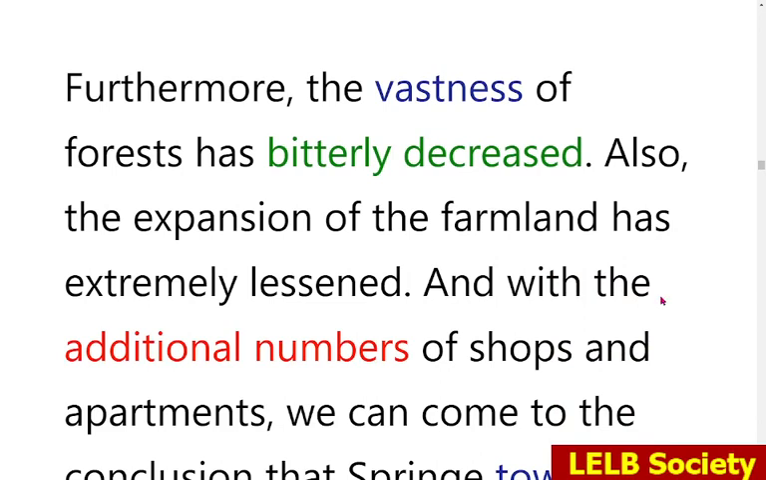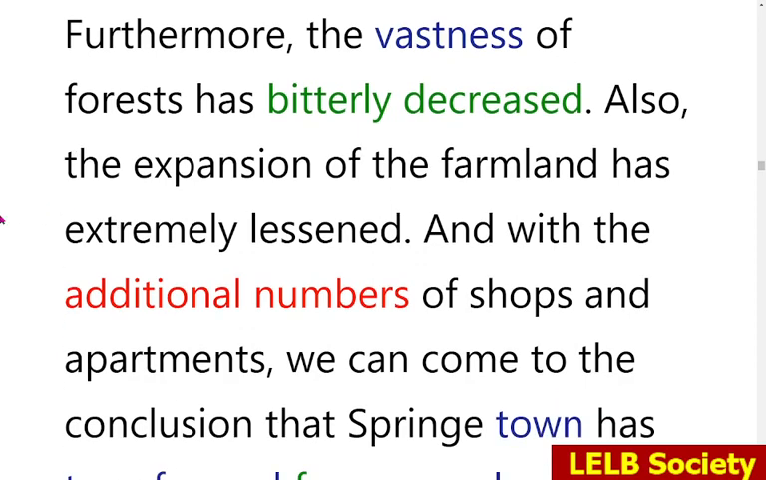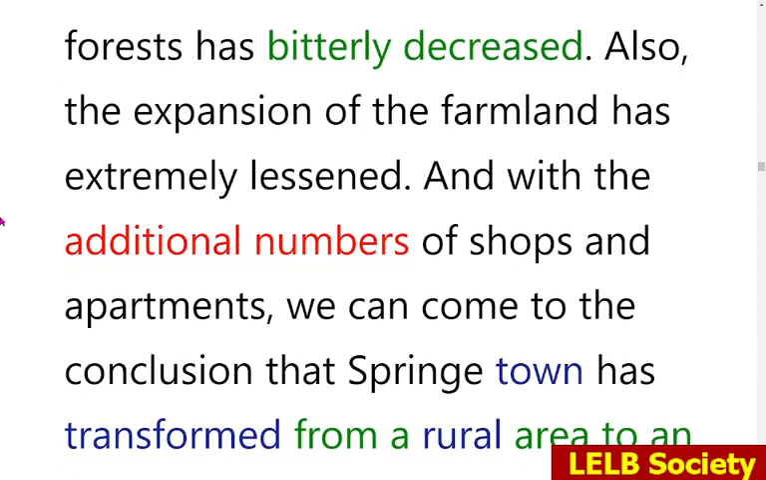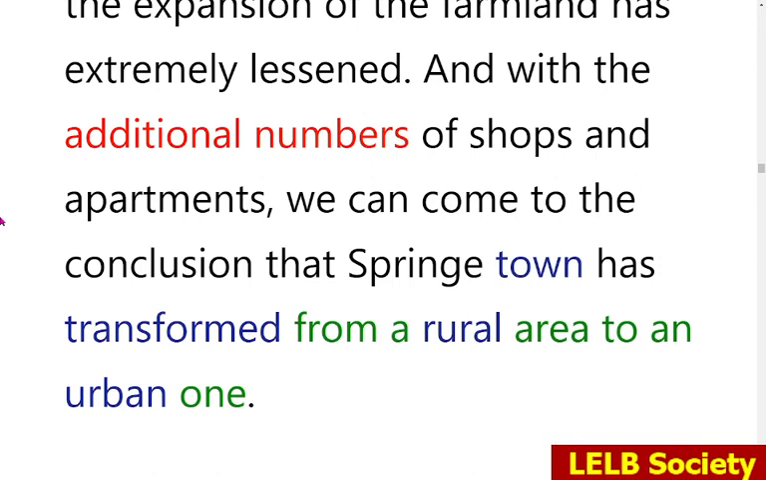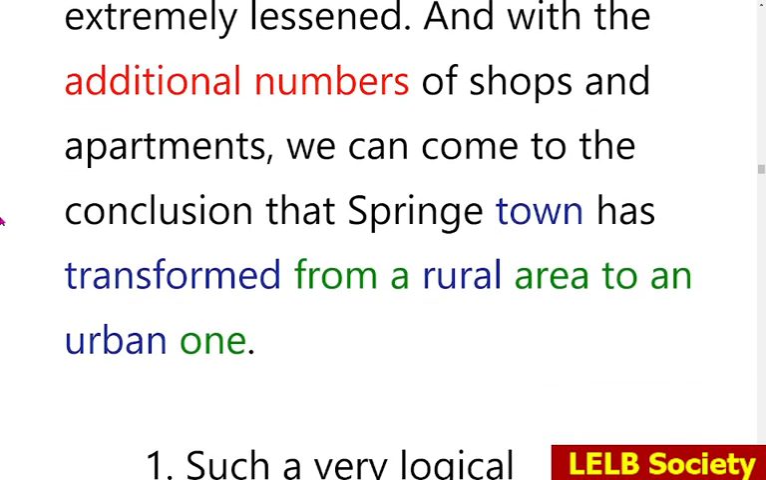Furthermore, the vastness of forests has bitterly decreased. Another example of intensifiers. Also, the expansion of the farmland has extremely lessened. Very good. And with the additional number of shops and apartments, we can come to the conclusion that Springer Town has transformed from a rural area to an urban one, which is a very, very good